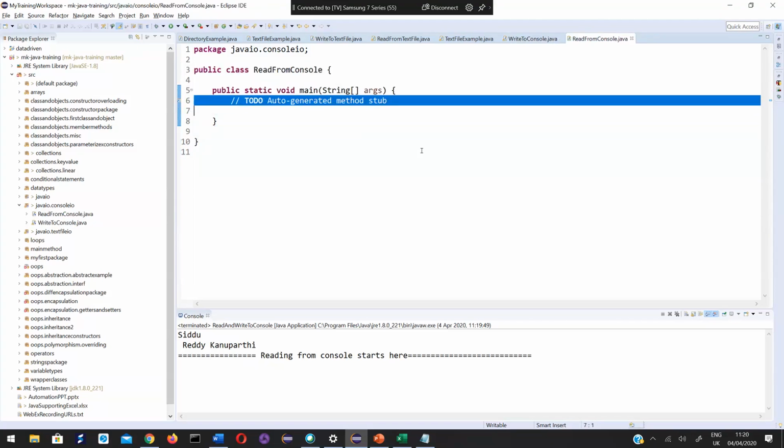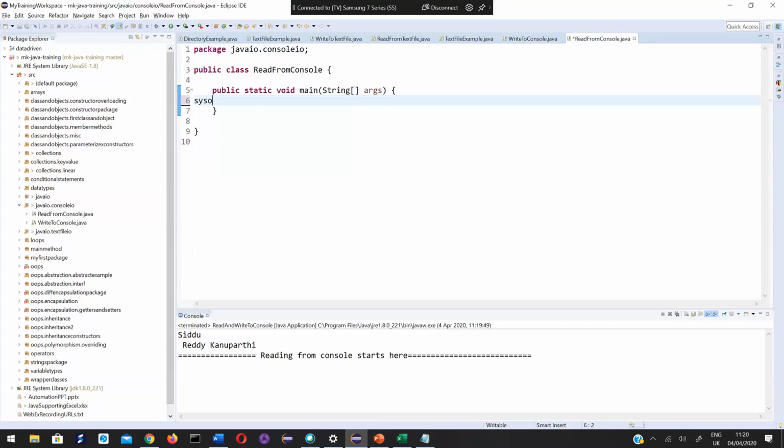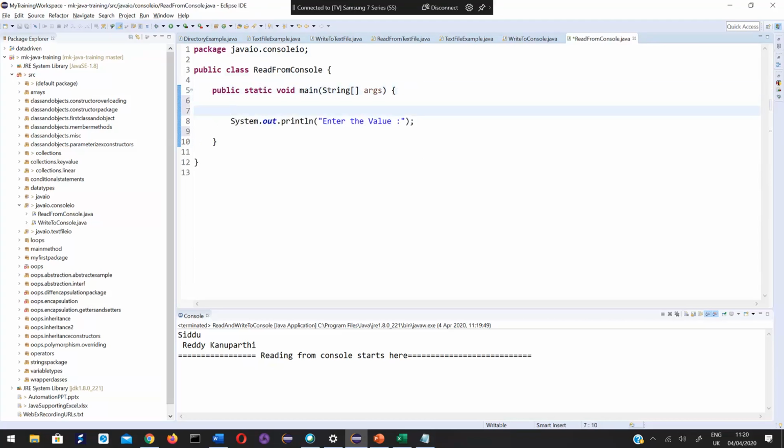To read from the console, first I will print, enter the values. Before that, I'll create a Scanner object.